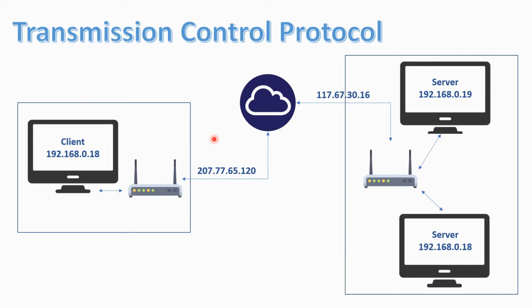So what you can do is establish a TCP connection with the public IP address of the remote router. Here it is 117.67.30.16. But still, how do you specify which server you want to access? That is done by the ports or the network ports. Basically, a TCP connection is established on the basis of IP and the port, not just the IP. So now the client can say that I want data from this IP address and this port number to specify the final location.